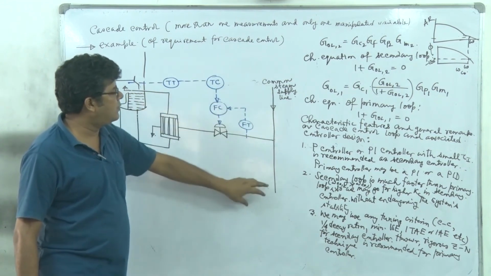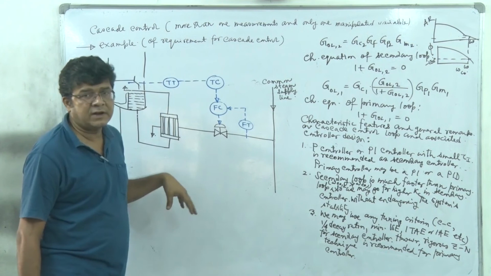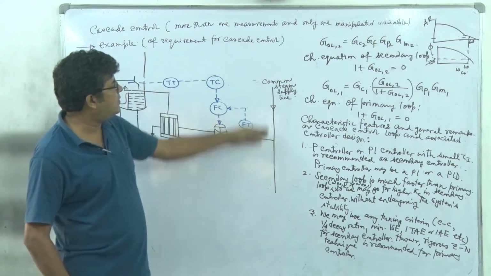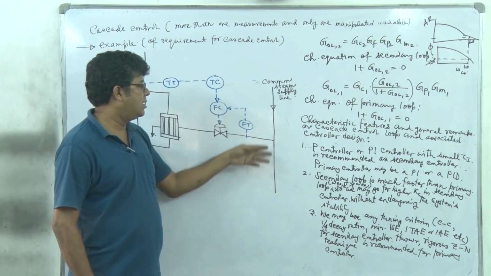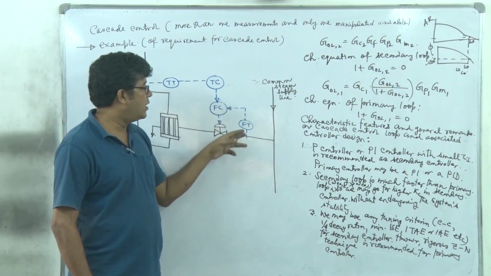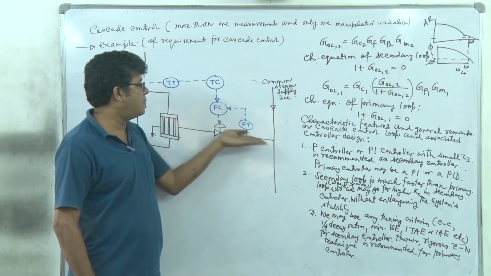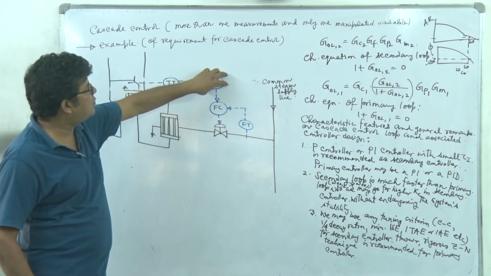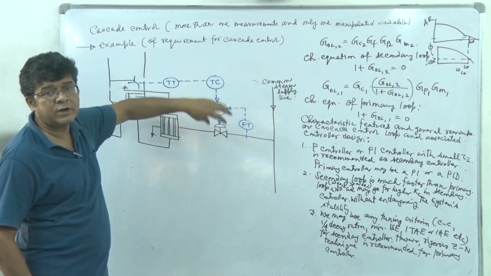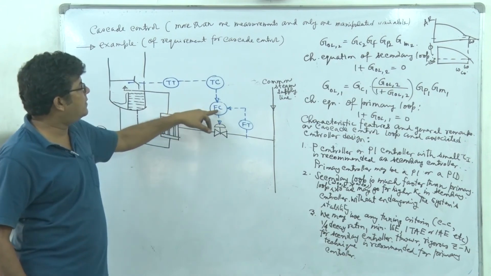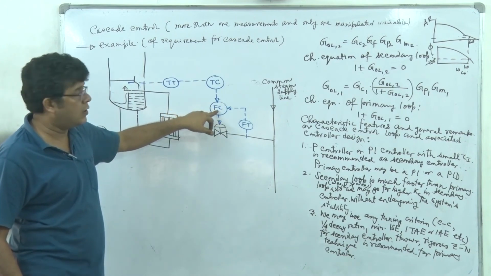In the common steam line, the steam requirement in different other units actually changes. So the pressure in this steam line, right, may suddenly drop at this point of connection, and for the same valve opening we can have a different amount of flow. So the temperature controller will decide what flow rate of steam is required, and based on that it will instruct this flow controller.